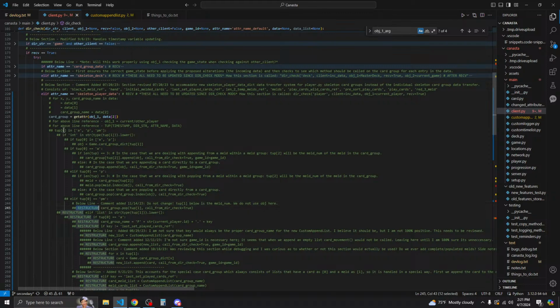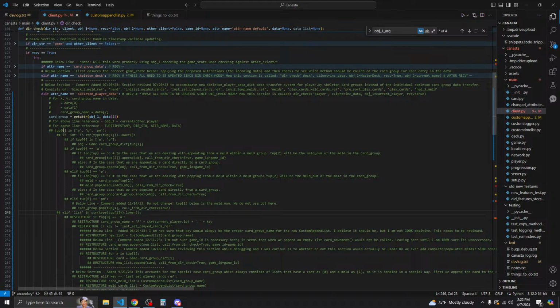And we put restructure, and we're taking that away because card group.pop tube 1 call from dirt check equals true, okay, and then restructure is gone, and this correlates to this if int is in string of type of tube 1 lower. So in this case it is not an integer, so this means tube 1 is going to be